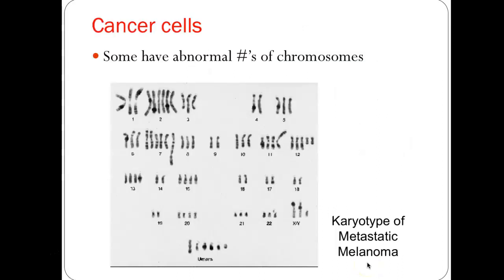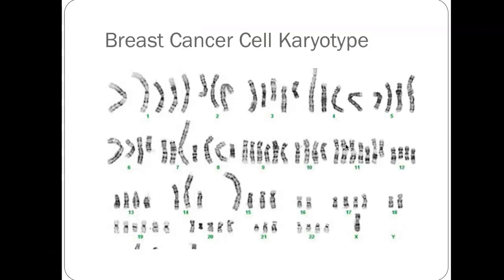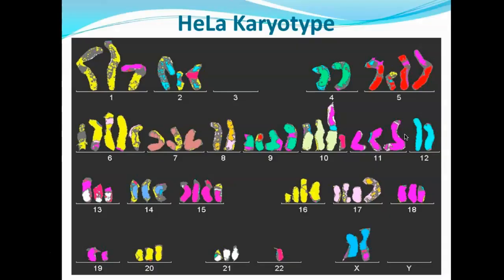In cancer, this is what a cancer karyotype would look like. Look at all that. It's just totally screwed up. I mean, look, you're only supposed to have 2 of chromosome number 2, but they have 1, 2, 3, 4, 5, 6. So a lot of mistakes were made that made duplicate chromosomes. This is a breast cancer cell karyotype. It's crazy, right? Looks super crazy. So you can see part of what happens in cancer is multiple sets of chromosomes, more sets of chromosomes than you need. And I'm going to talk about in a minute how that happens.